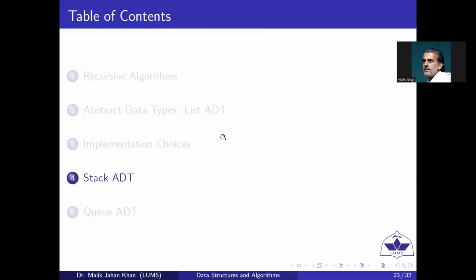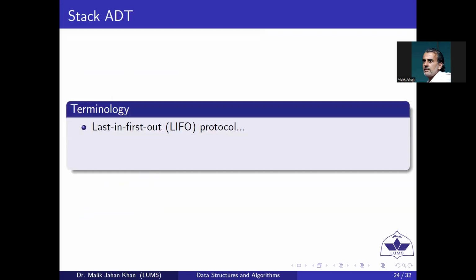So stack abstract data type and queue abstract data type are also types of list ADT, some specific types of list ADT. So let's go over stack ADT first. A stack is like a bucket where we place some books. If the bucket has walls around it and the bottom is also packed, there is only one point in the bucket where we can insert or remove elements from, and that's the